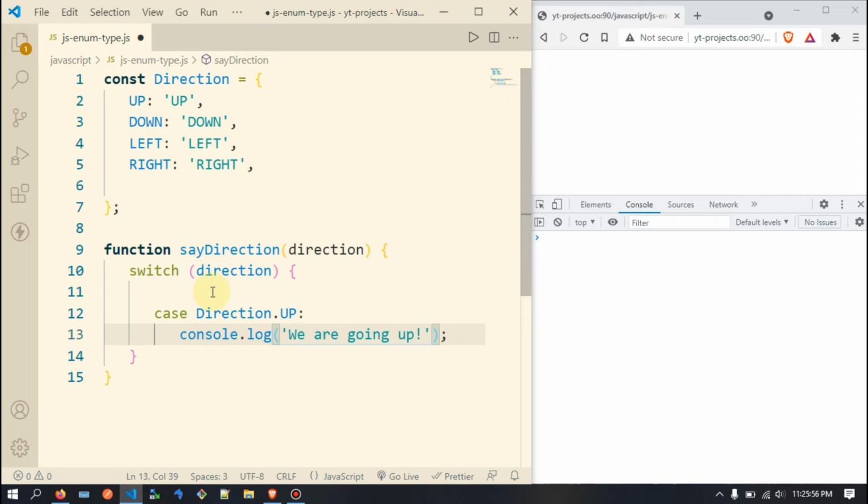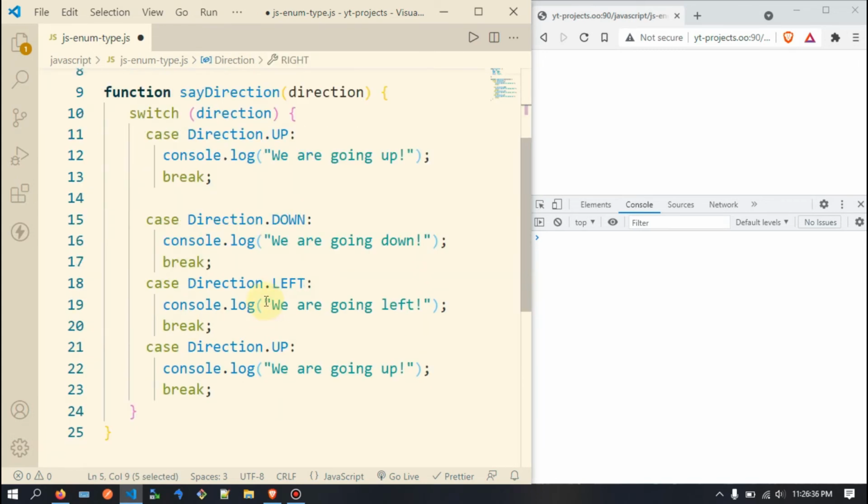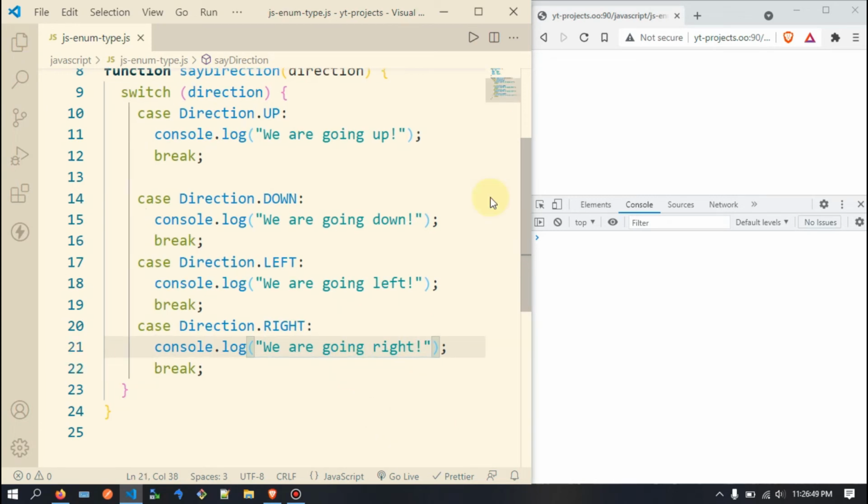And we can do the same thing for the other three. So that's all done. We can now test it by calling sayDirection